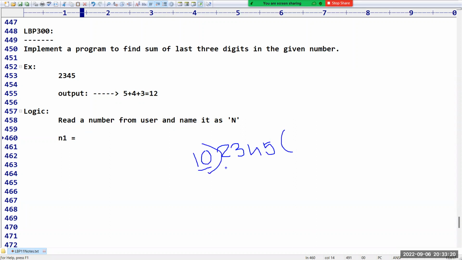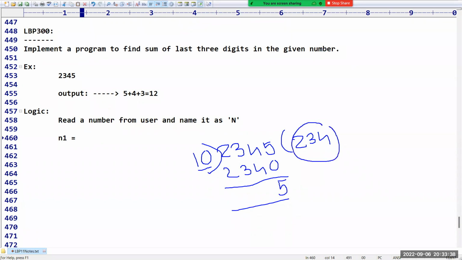If you divide with 10, we are going to use this logic multiple times. 2345 divided by 10 gives 234, and the remainder we got is 5. How do we get 234? Because of the slash division.